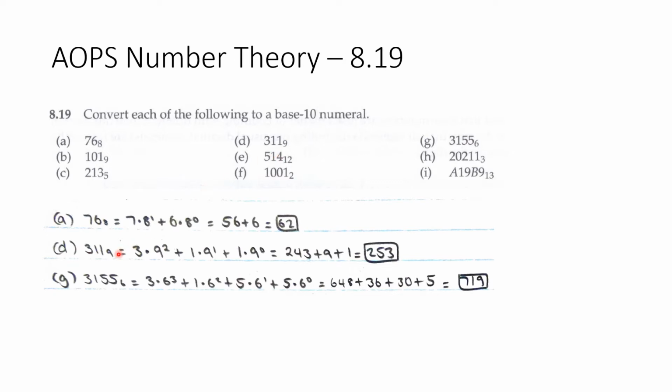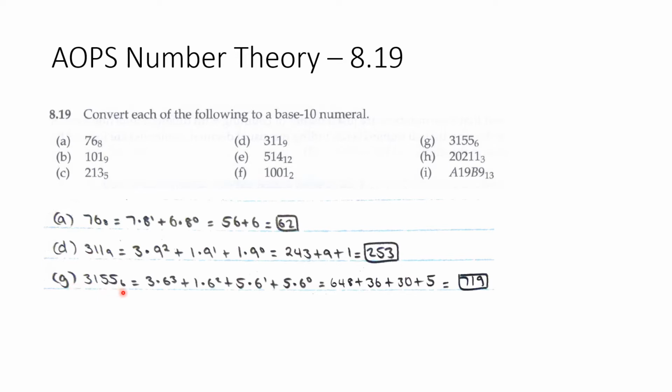D is 311 in base 9. That's equal to 3 times 9 to the power of 2 plus 1 times 9 to the power of 1 plus 1 times 9 to the power of 0, which is equal to 243 plus 9 plus 1, which is 253. And G is